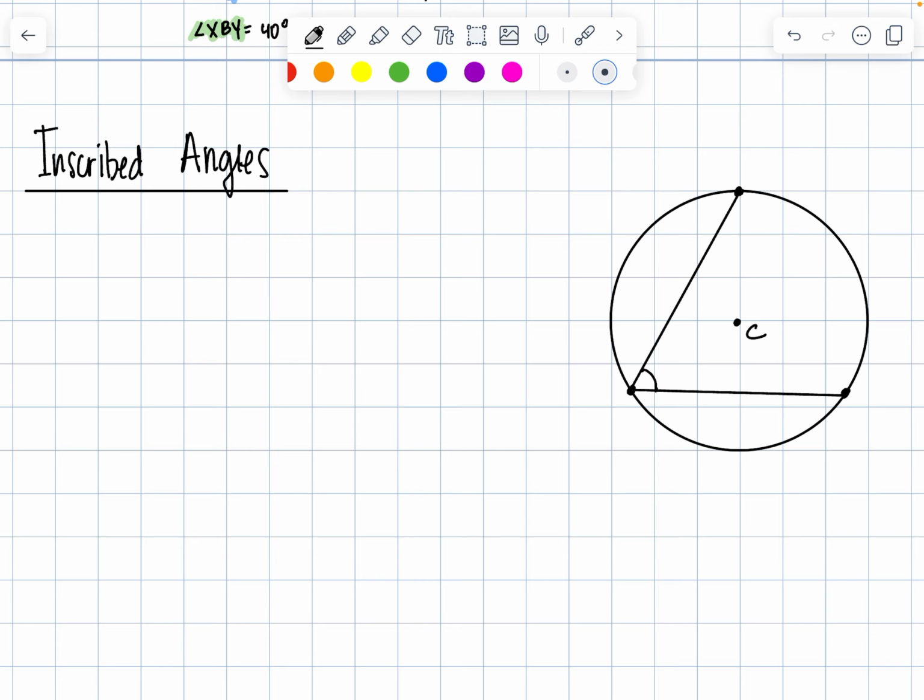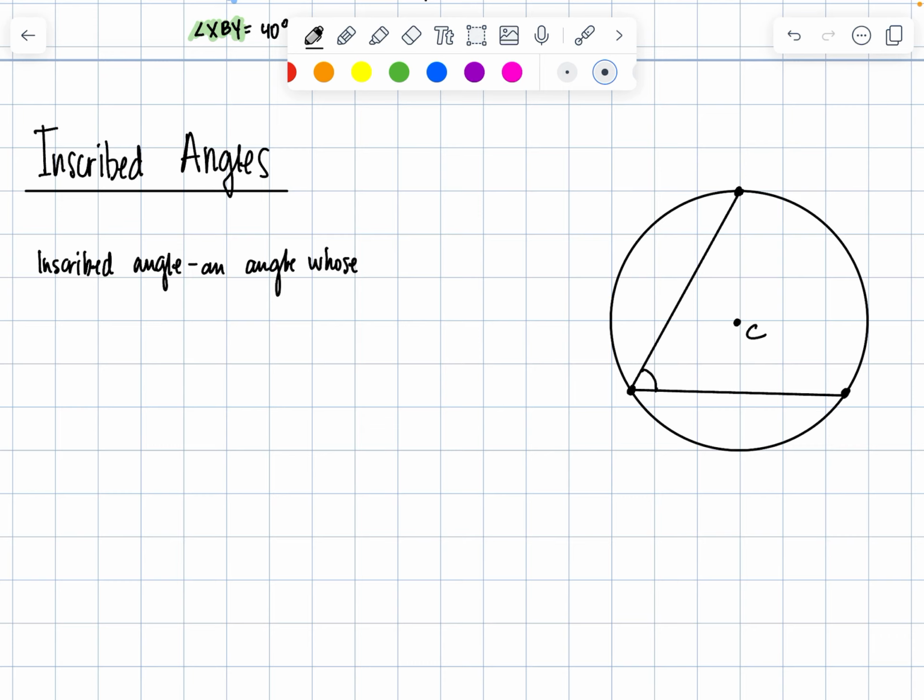So if you were to give a rough definition of an inscribed angle, you could probably say that it is an angle whose vertex is on the circle and whose sides are chords. So we built it based off exactly what we just said. So an inscribed angle is an angle